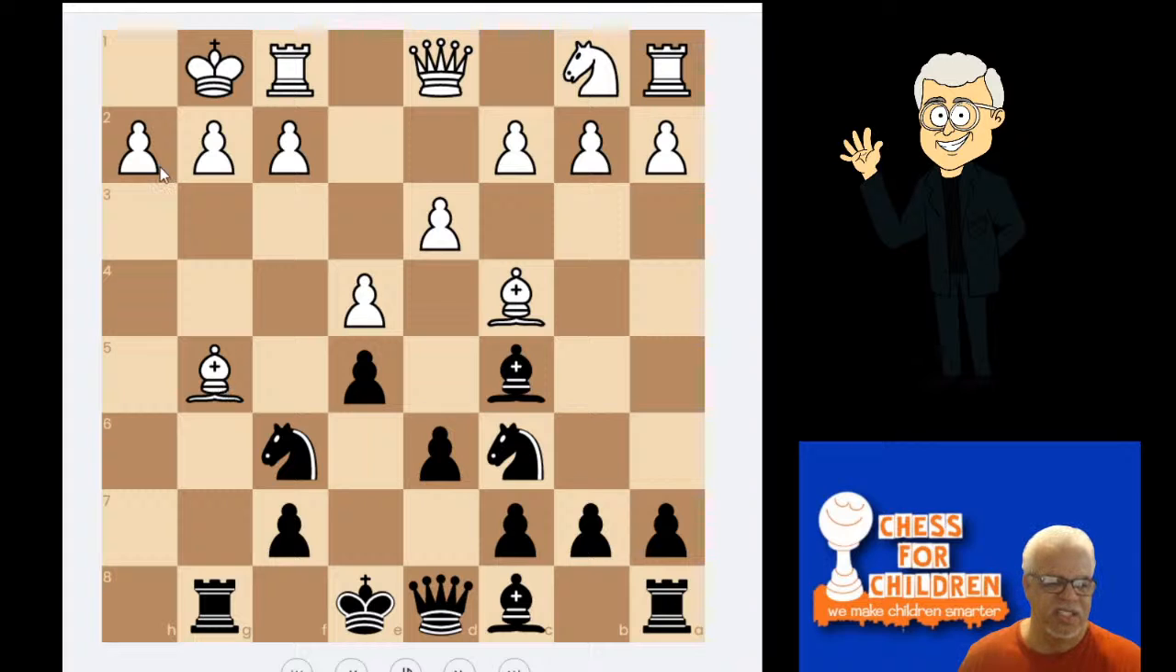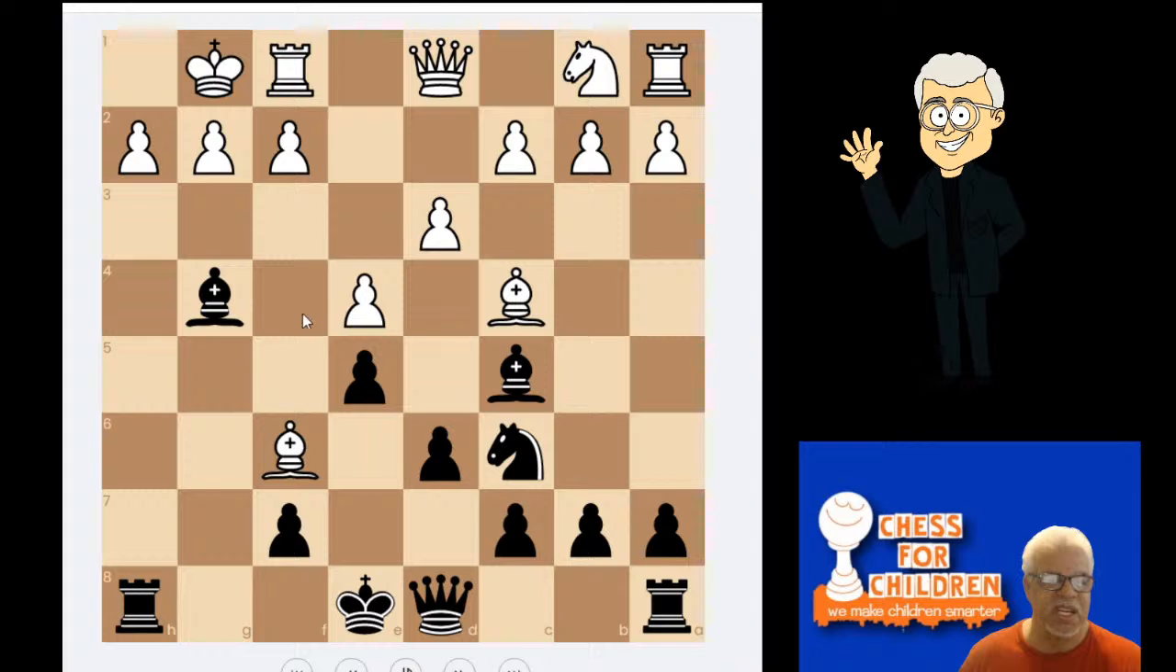Let's see, h4, bishop to g4. You couldn't play the bishop to g4 before. And see, this is all tactical considerations. Hg, bishop takes, and bishop to g4 is no good because bishop takes,